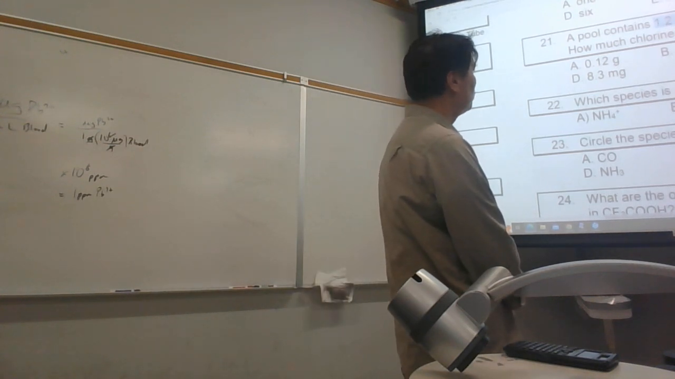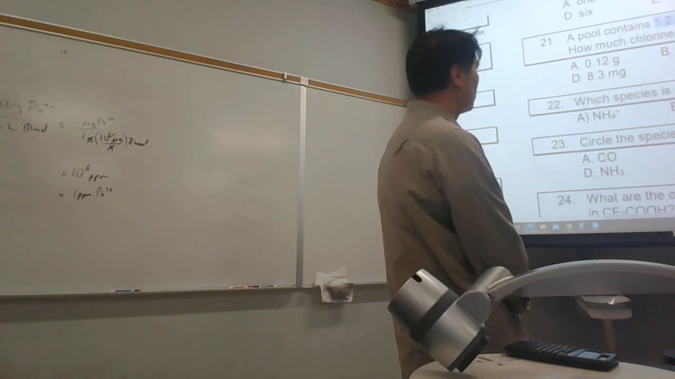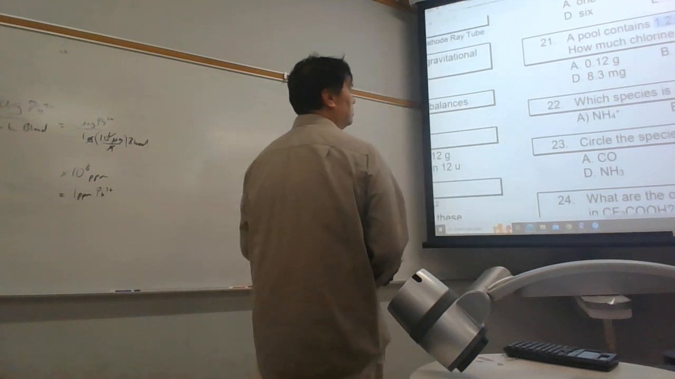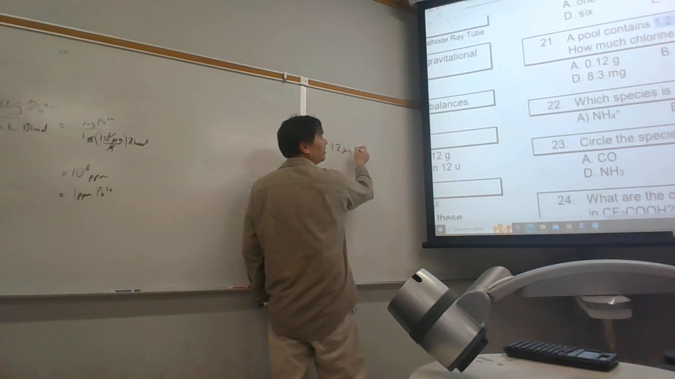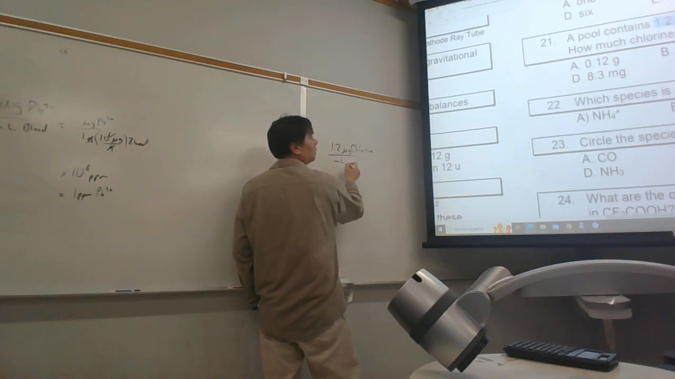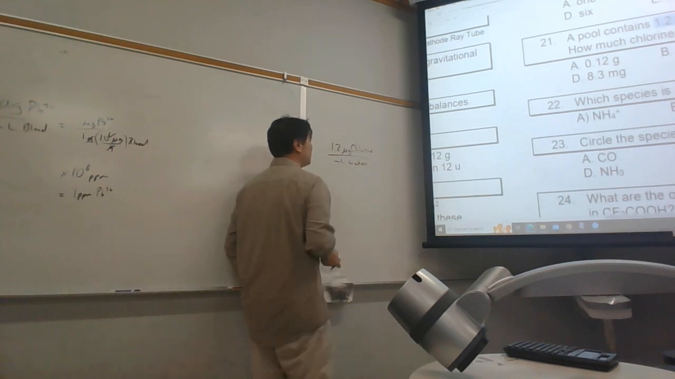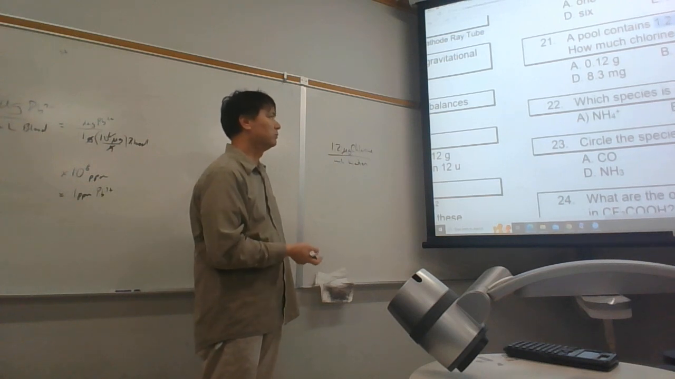a pool contains 1.2 ppm by mass chlorine. How much chlorine is in 1 kilogram of this water? So, I mean, there are different ways to do this. One way is we can go ahead and convert 1.2 micrograms of chlorine per milliliter of pool water. That's the same thing as a ppm,